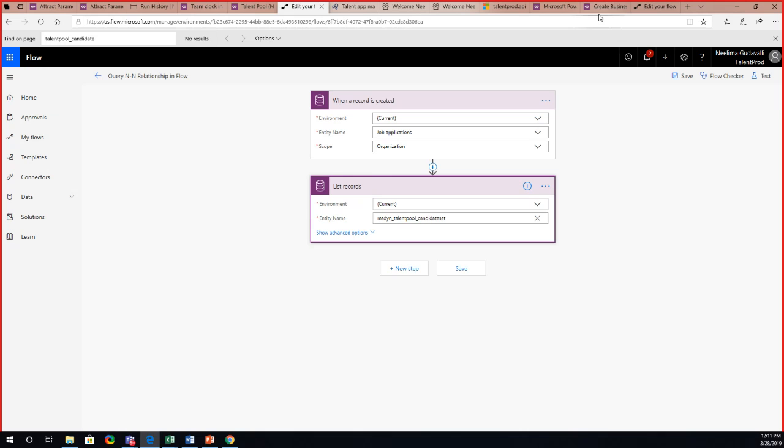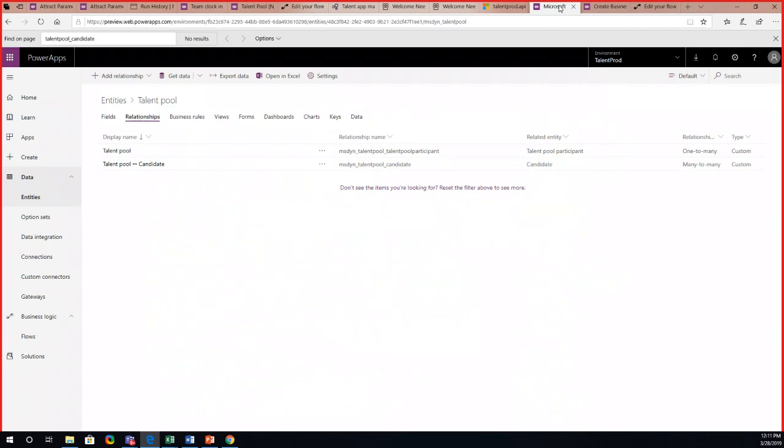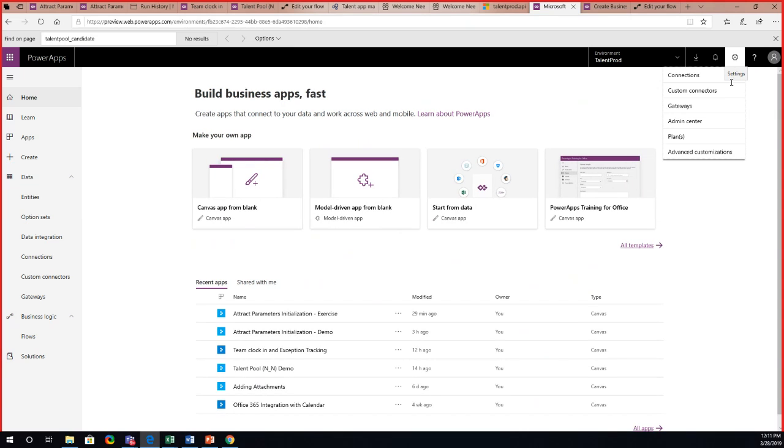What happens is, when you create a many-to-many relationship, the system internally creates an inner join, and one more entity that CDS creates. So you have to capture that newly created entity. It is not visible in any of your screens here. It will only be visible by following a certain process. The process is that you need to go to the advanced customization,